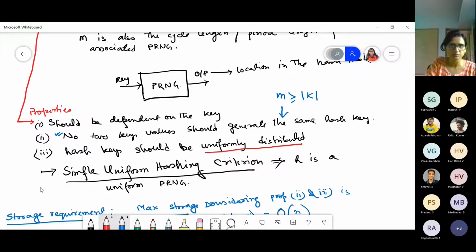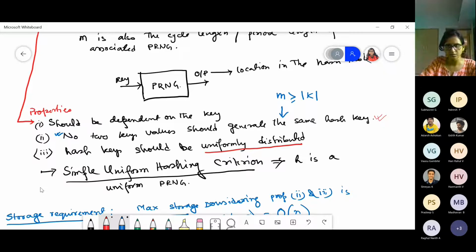We also discussed some properties: the function should be dependent on the key. No two key values should generate the same hash key, although this is very difficult to actually implement if n is less than the number of keys that we are going to store. And the hash key value should be uniformly distributed.